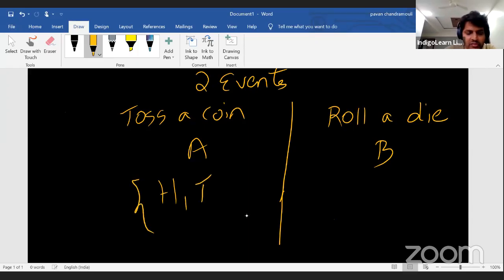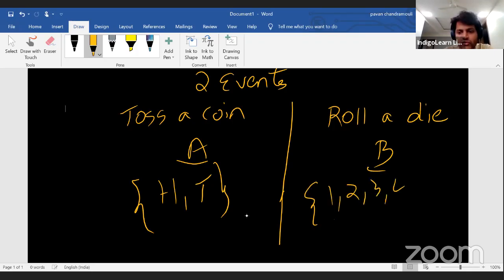This is my sample space, guys, for event A. For event B, the sample space is 1, 2, 3, 4, 5, 6. I hope we have already discussed how the sample space is arrived. Okay. Now conditional probability. Let us say I toss a coin,